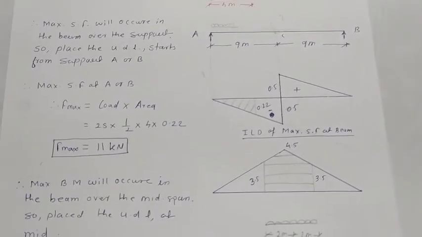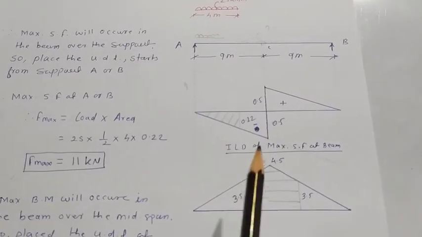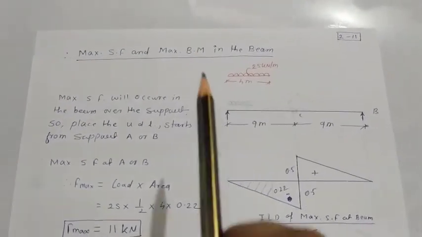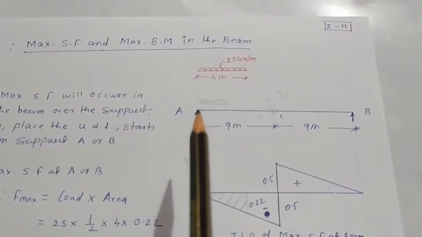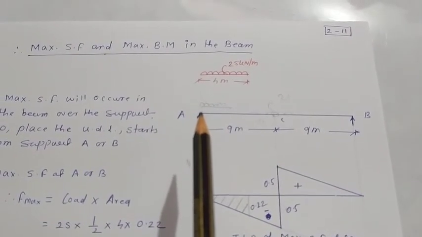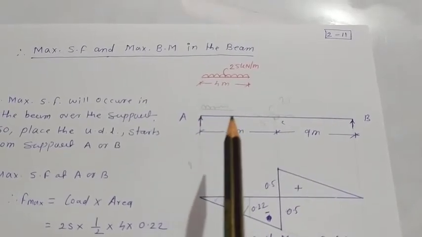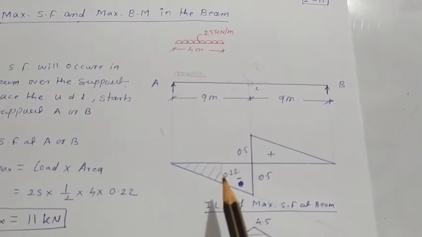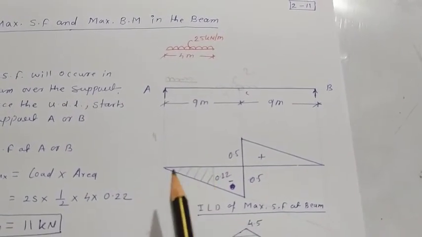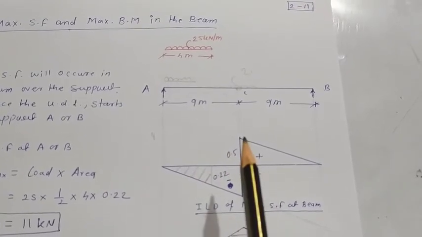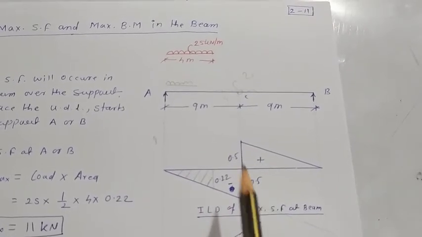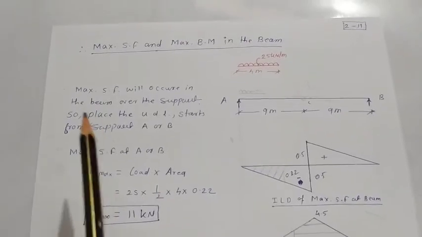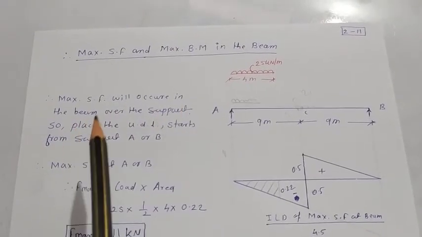Okay. We will calculate the respective ordinate. Okay. So as we know, our UDL is traveling from left to right. Okay. Suppose I place my UDL starting from point A. Okay. So up to this point it will be 4 meter. So I can calculate these ordinates at 4 meter from support A. Okay. This is my 0.5. If I calculate the ordinate at the center by symmetry of triangles, the addition of this must be equal to 1.